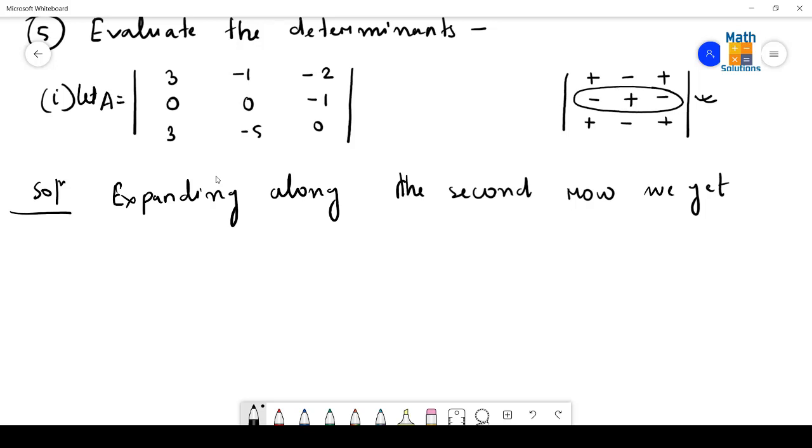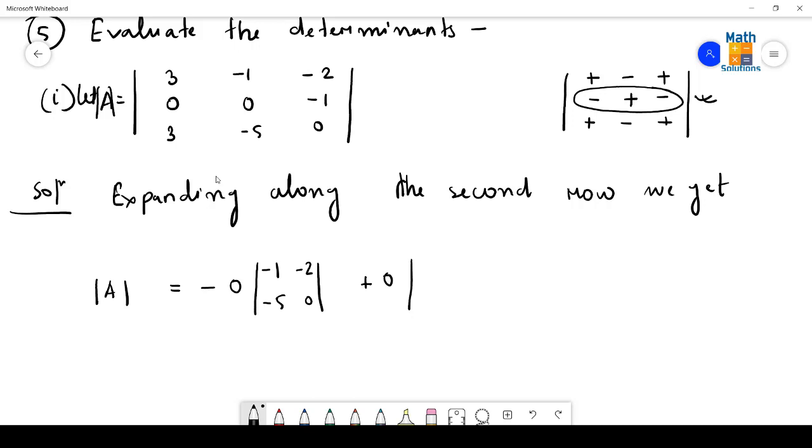So determinant A will be equal to, first I am going to put minus sign. The first element of the second row is 0. Then in the next step I have to delete that row or column in which this 0 is lying. So this second row and first column I have to delete, and these elements will be left behind after deletion. Then the second element of second row I have to put here, and it should carry the plus sign as per sign conventions.